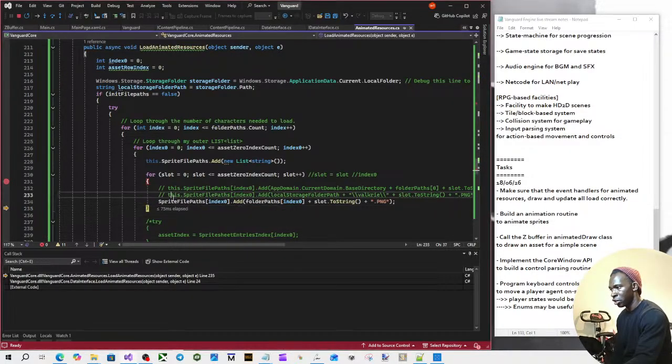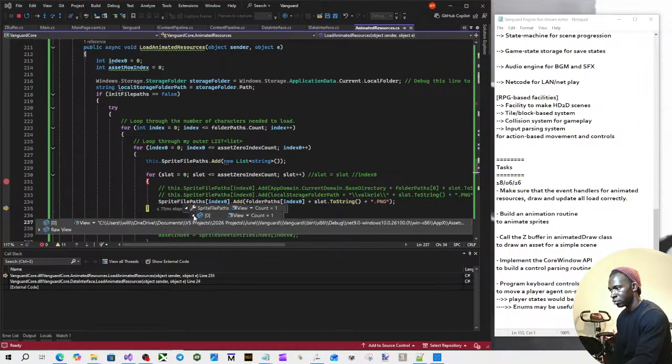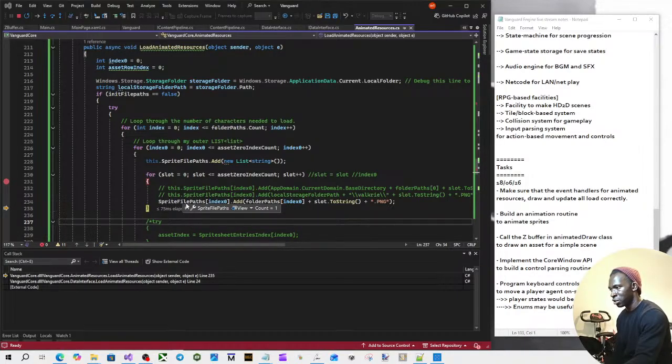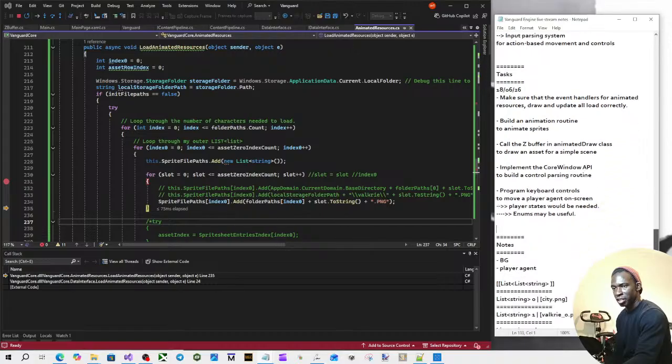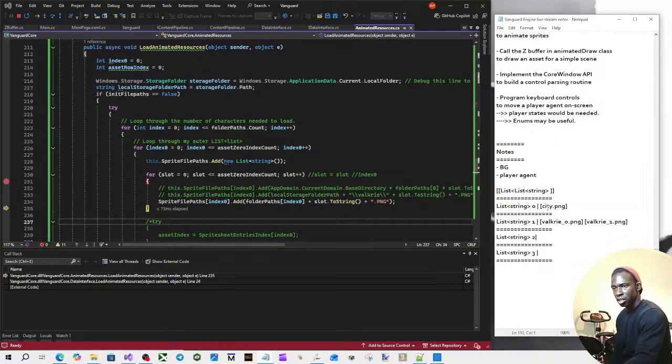So in this list here, let me look at it. Is it a list of lists or a list? It's a list of lists. Cool. So in my list of lists, sprite file paths, I have a list of lists as I try to illustrate here. And let me use this one here. So in my list of lists,